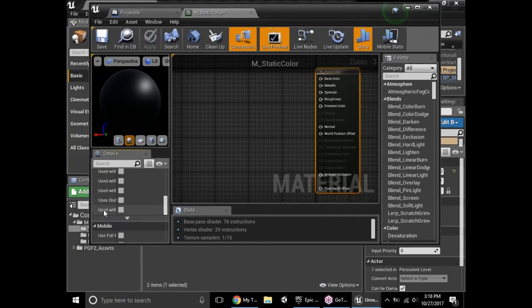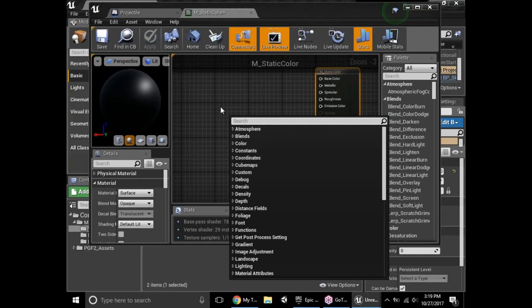So over here, there's a bunch of different stuff that I can change. I don't want any of that stuff, I need to add a specific variable. So what I can do, right click, and we'll go ahead and say